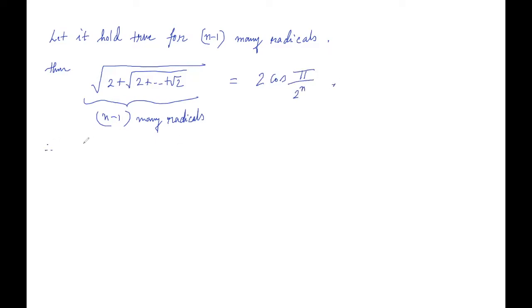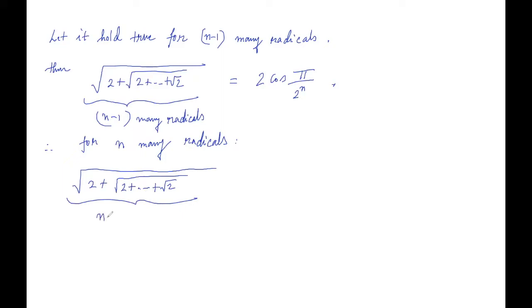Now therefore for n many radicals, let's see what happens. Root over 2 plus root 2 plus dot dot plus root 2. Now here we have n many radicals,